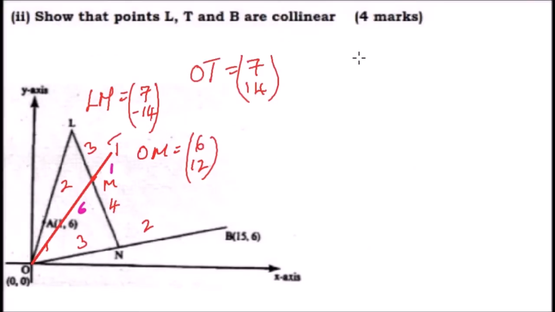So Roman number 2, part C, we are to show that L, T and B are collinear. Collinear points means they all lie on a straight line, so we can draw a line passing there. And how do we prove that? If we are able to express LT in terms of LB. So we can start by saying LT is equal to